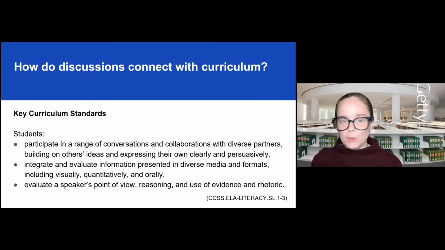I also pulled these bullet points from the English Language Arts Common Core standards. These standards provide a foundation for learning for students by offering opportunities to take part in a variety of rich, structured conversations about a variety of media formats, as a whole class, in small groups, or with a partner. There is also a focus on evaluation and use of evidence. Throughout our presentation today, you'll find that these standards present themselves in a variety of ways, and that you can easily incorporate some of these approaches to fit your curriculum goals.